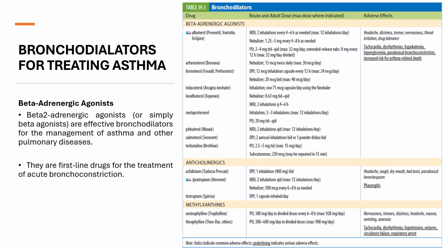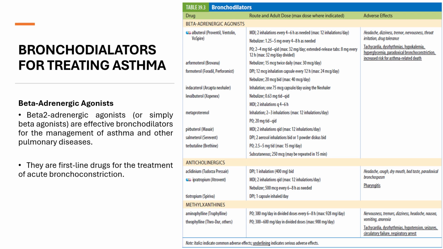In treating acute asthma, beta-adrenergic agonists are drugs that activate the sympathetic nervous system, which relaxes bronchial smooth muscle, resulting in bronchodilation. The beta-agonist medication may act either on beta-1 receptors, which are located in the heart, or on beta-2 receptors, which are found in the smooth muscle of the lung,